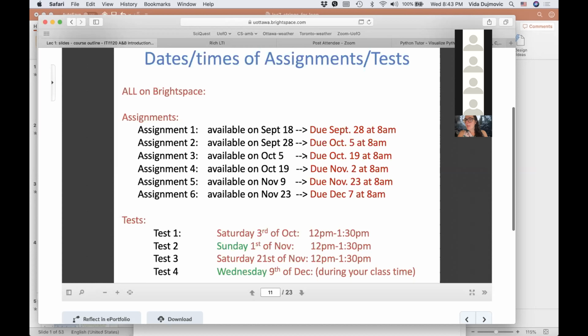Yes. Will you post a mock test for us to practice with? I know, because this is the first time I'm giving this type of test. Before, students didn't have a computer during their exams, right? So this is the first time in history that you guys have a computer during your tests. So I don't have any practice tests. Your assignments and your labs, you can think of them as a practice test. All right, thank you. No worries.